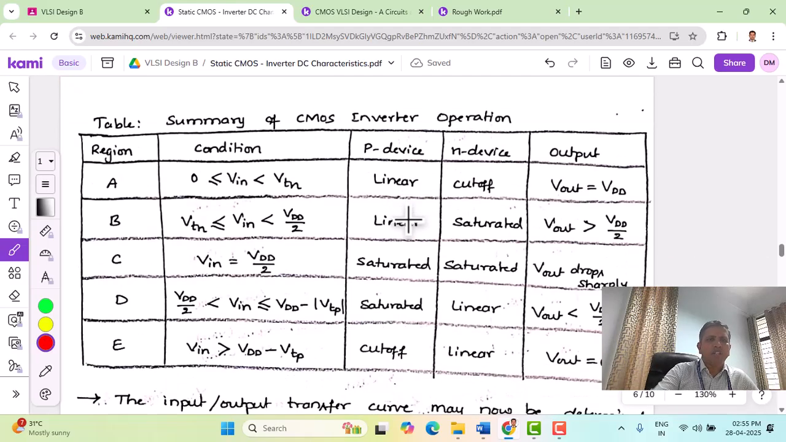And now, as we said already, the summary of inverter operation can be shown in the form of a table. We have a totally